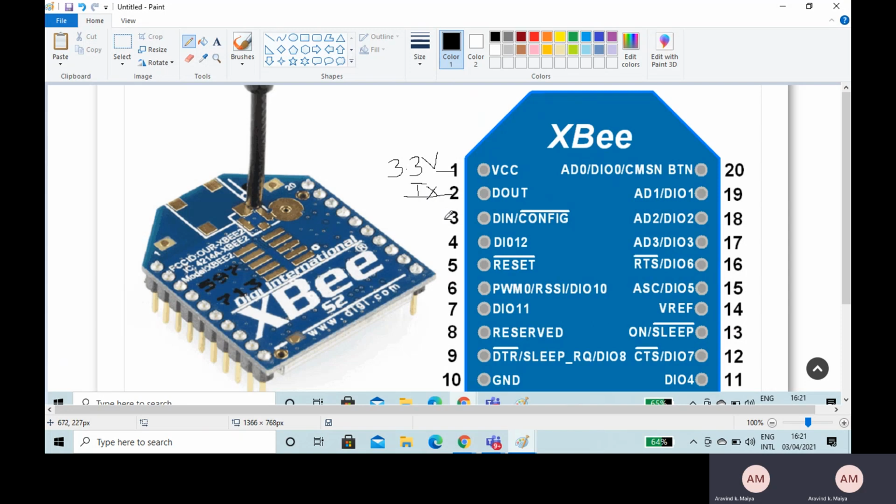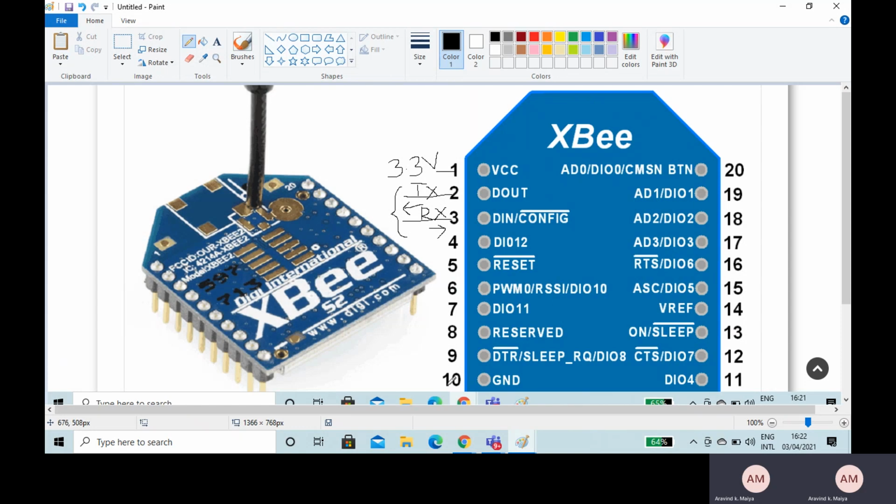Similarly, we have one more pin, the third pin, which is called the RX pin. This pin is responsible for receiving the information into the XBee. So information is coming into the XBee through RX and going out of the XBee through TX. These two pins have to be connected to the serial transmit and receive pins of the Arduino.